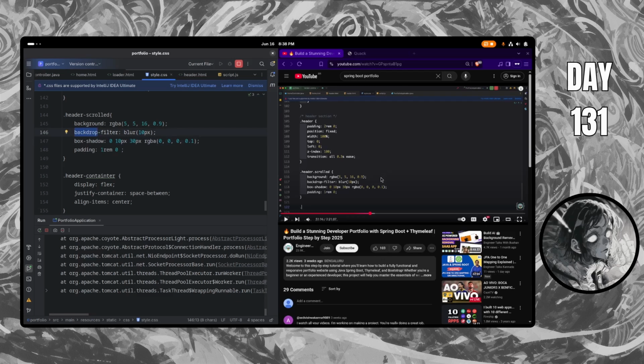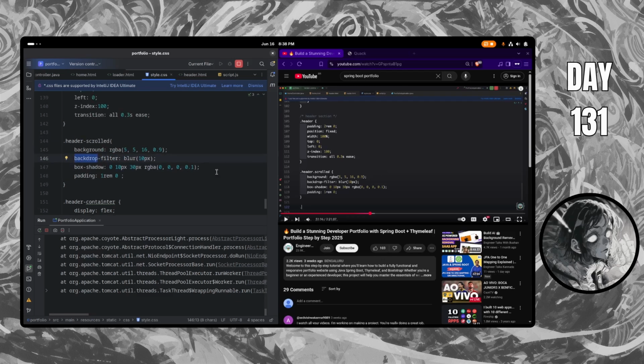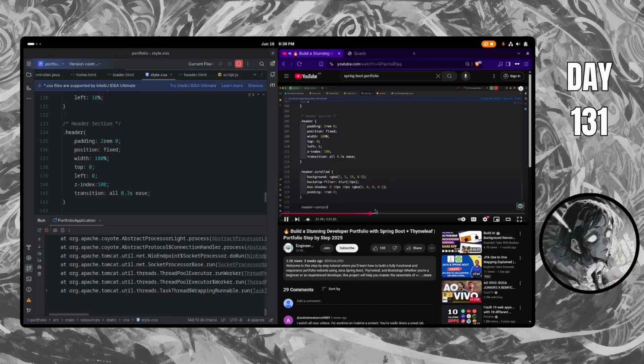Yeah, this backdrop probably. I think my project didn't recognize this, but let's see. Two rem, position fixed, width 100%, top 0, left 0, z-index 100, and transition. Oh, let's also add header container. For the right side, let's add the